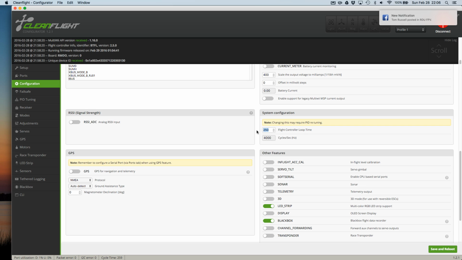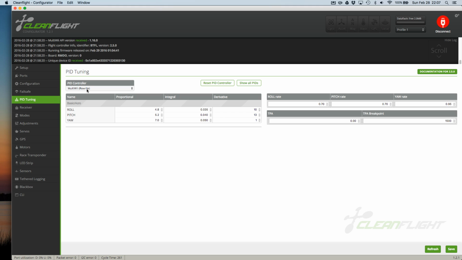So I suggest putting in 500, and at 500, if you're using an F1 Naze32 board, you're probably going to want to disable everything up here to allow it to do that. But actually, I have to read up on it. But I'm pretty sure if you're using a Naze board, if you're using the accelerometer, you can still run a 500 loop time as long as you use, I'll go ahead and go down here, as long as you use the Multiwii rewrite